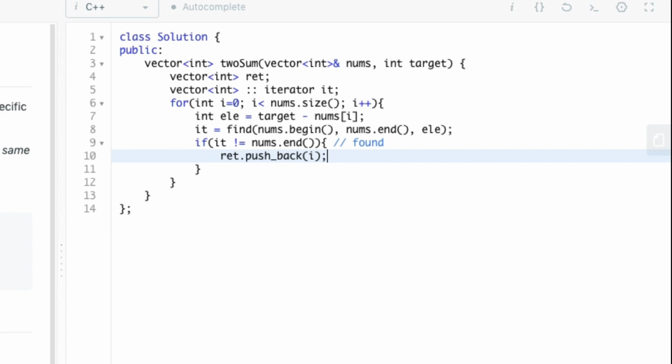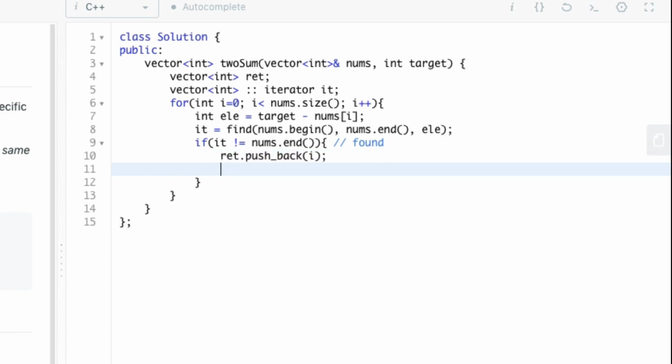I is the index of nums of I, and the index of ELE can be found out using the iterator IT.